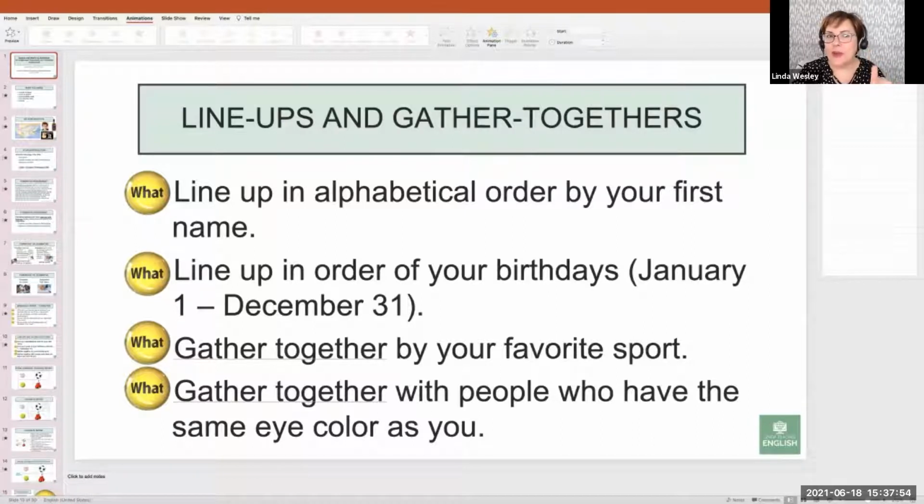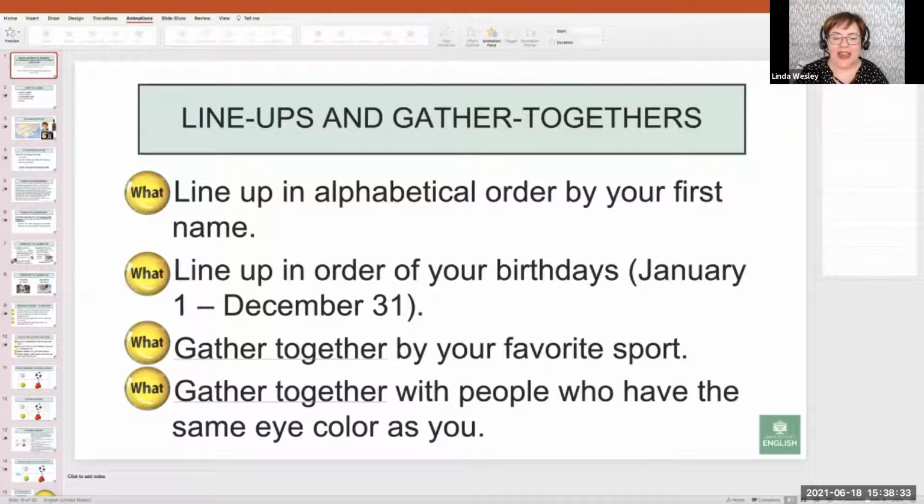You know, I think that we need to review a little bit more the March, April, May, because a few people were a little bit confused about, is it March or May, because they're both M. Same thing with numbers. Now, I have to tell you, one variation I love of this game is to tell the students that they cannot talk. They cannot talk at all. And so they have to do everything with gestures, and it's absolutely hilarious, especially when they're born in the same month, and then they're trying to negotiate which date is first.